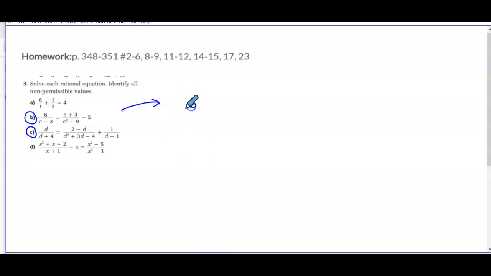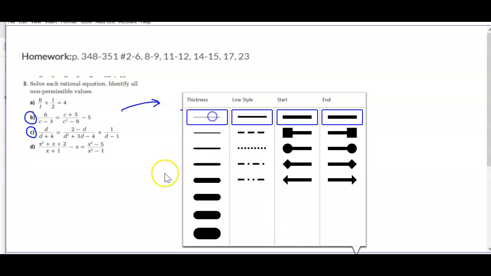So here I'm going to have 6 over c minus 3, because if you take a look here, I can factor that denominator here, okay? So now when I do that, actually, good thing, because I'll put brackets there, those divide out. So really what I'm left with,